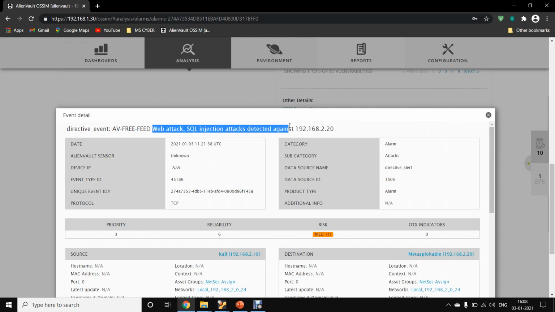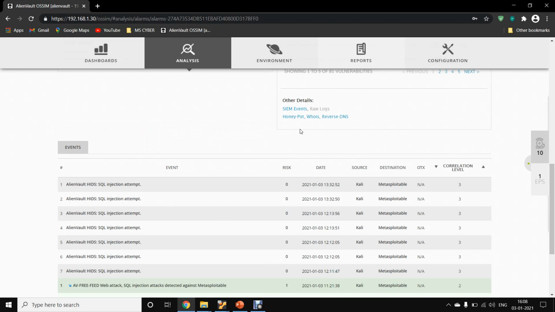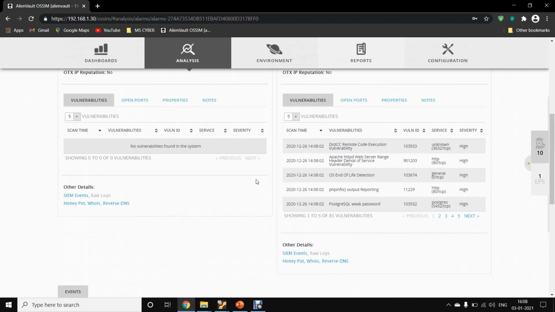So we got that SQL injection attack detected on 2.20, which is the Metasploitable IP. As of now, it will take time to load the Hail Mary attack, so we can talk about the mitigations.